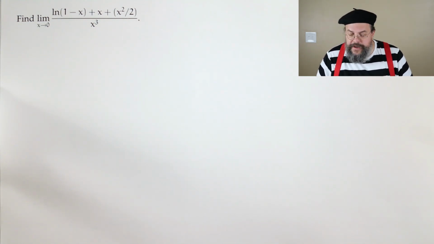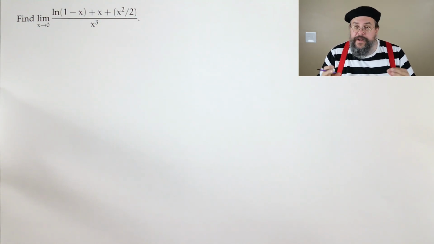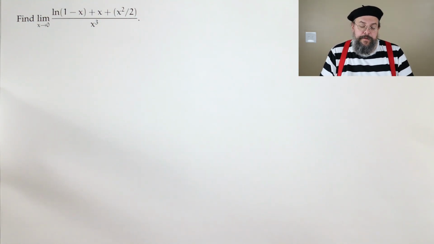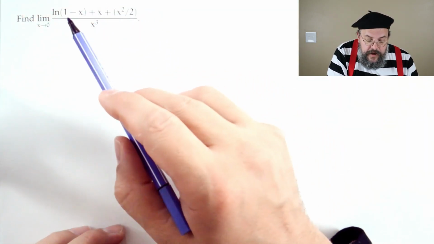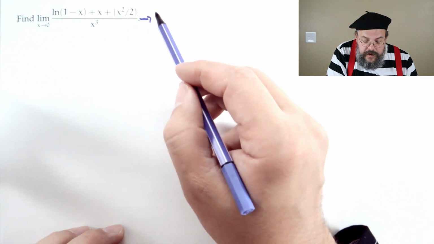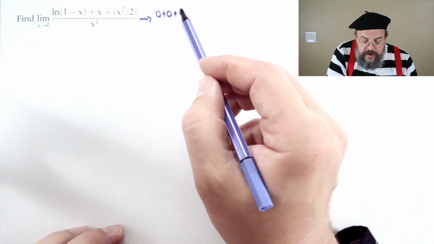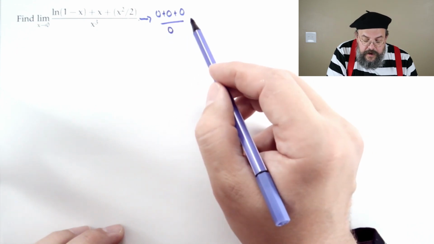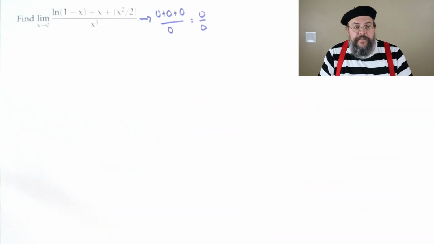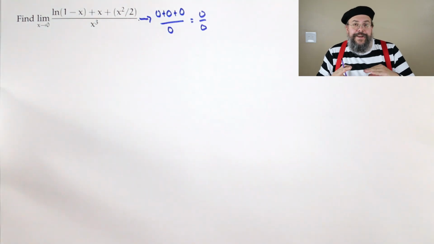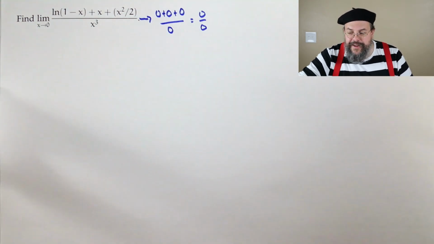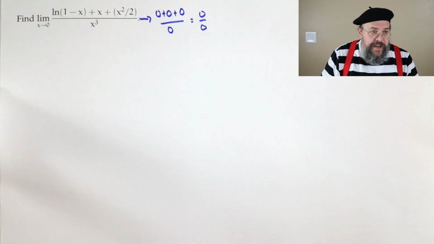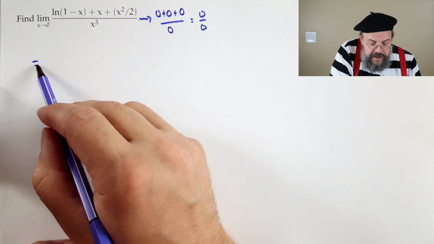And here we go. First thing, let's find out if it even applies at all. Maybe we don't need to apply it. So, what happens when we plug in 0? Log of 1 is 0 plus 0 plus 0 over 0. Oh, that is 0 over 0, so it is an indeterminate, which means we should definitely do some work. And here, our work is L'Hopital. So we apply L'Hopital,